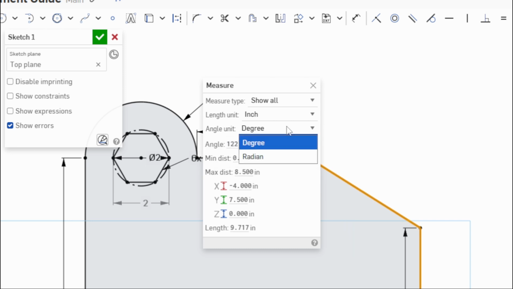Is that what I want? I'm looking for a radian degree. That's not going to work. I need 122 degrees, but if you notice, it's not where I clicked. So what I want to do, easy way to do it, is to use the